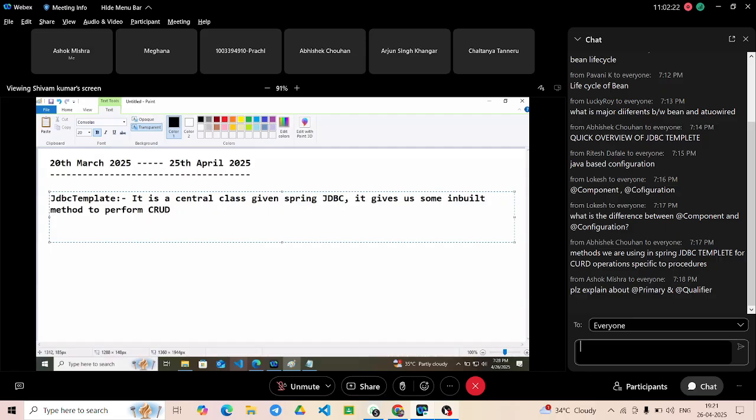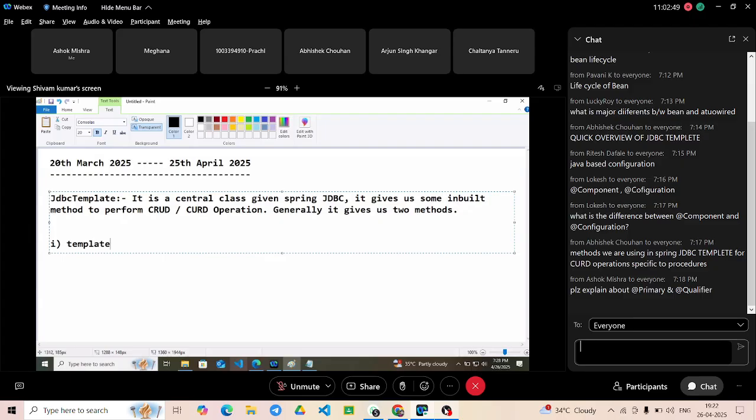Again, one time I am saying CRUD and CUD, it doesn't matter, both are the same. To perform CRUD operations, generally JDBC template will give us two methods. First is